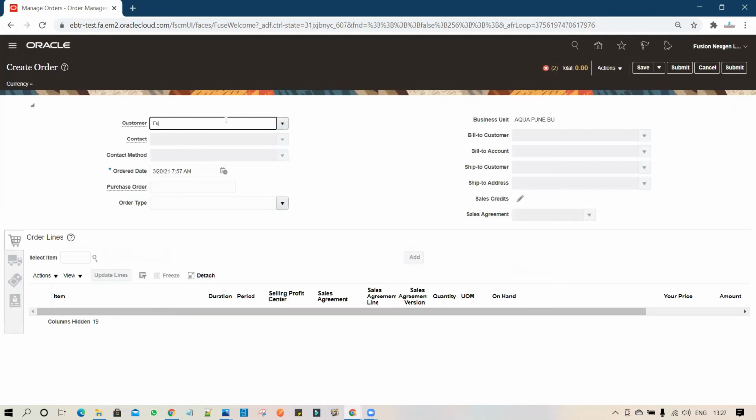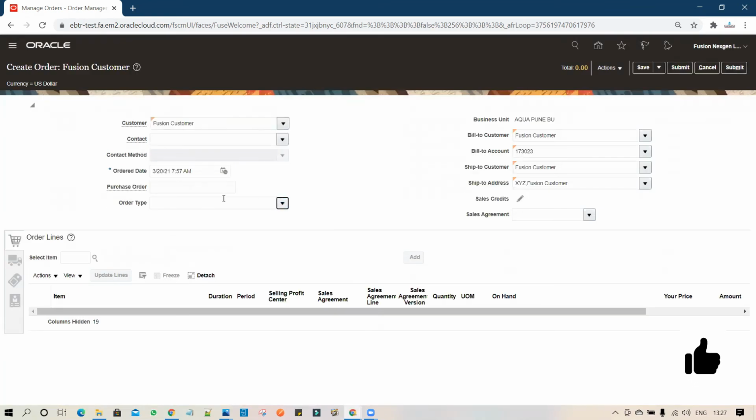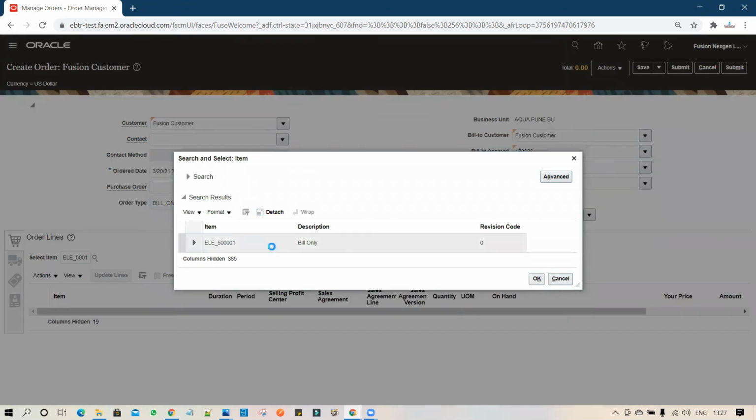I will select the customer, Fusion customer. Then I will select the order type. We'll go and do the repricing order. And then I will enter one item.